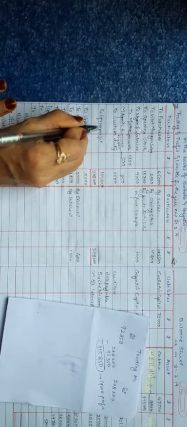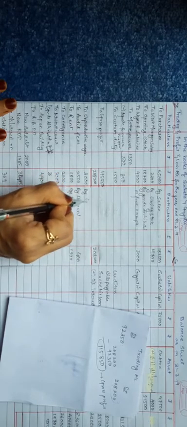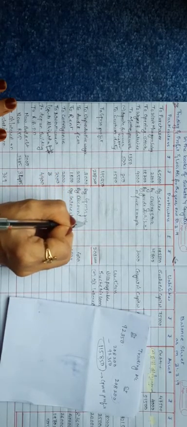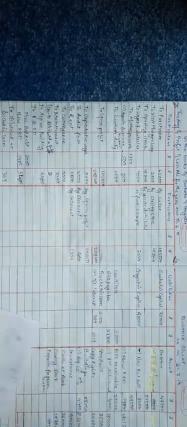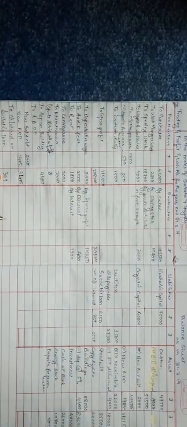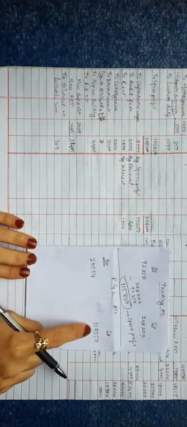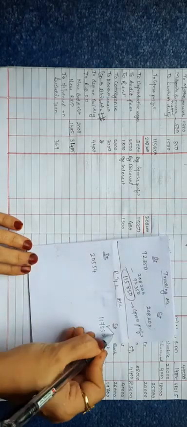Transfer this gross profit to the opposite side of the next account. So we'll write here by gross profit, the same amount, 1,15,850. Now we'll close this profit and loss account. Take the credit side's total and debit side's total, considering the outer column's total. So take the total of this and this separately. The total of the credit side of the profit and loss account is 1,17,550 and the total of the debit side is 20,554. Definitely the credit side is greater.